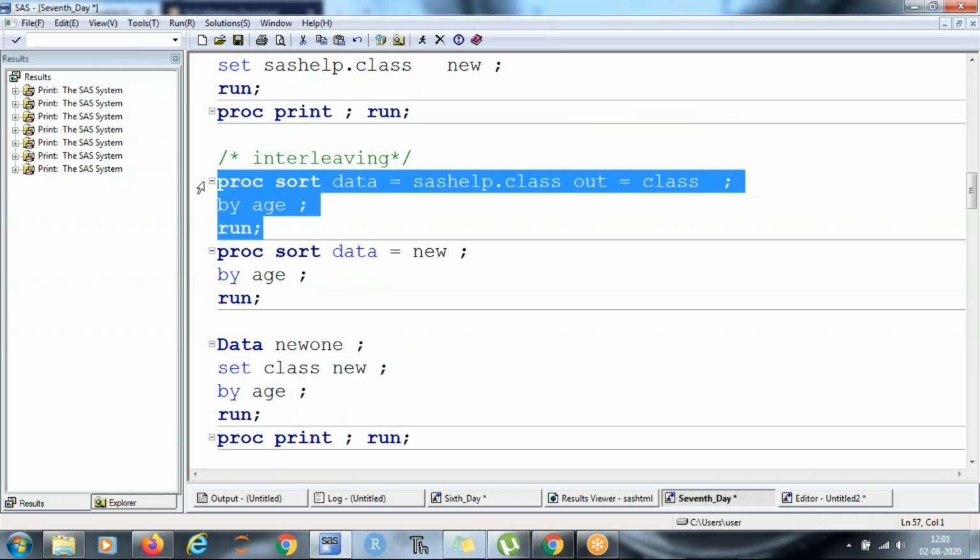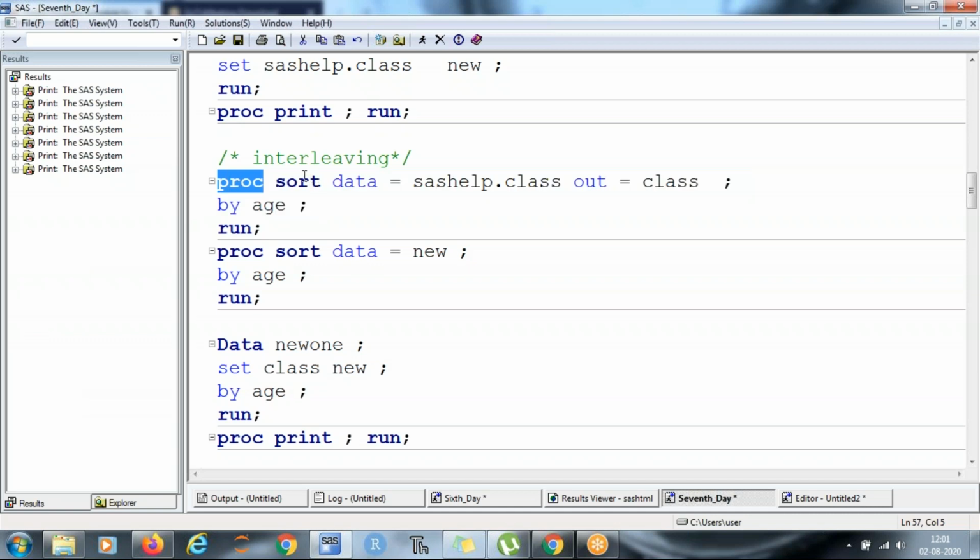So we are sorting our sashelp.class data. We have used one procedure, proc sort. I will explain this later in detail, but for the time being the objective of this procedure is to sort the data and give me the output. This procedure will sort this data and save it into this data set, sorted by age.